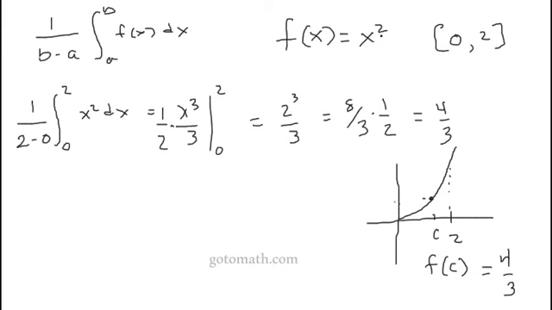Well, we started out with x squared. If we were asked to find c, right, so this goes back to the mean value theorem, that there exists a c as long as this is continuous on this interval here. And okay, I'm not stating the entire theorem, but as long as you get the idea. So there exists a c such that it equals 4/3. And of course, to find this c, right, to find the c, all we need to do is take c and plug it into the function up here